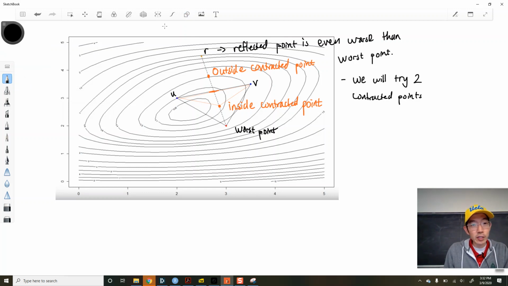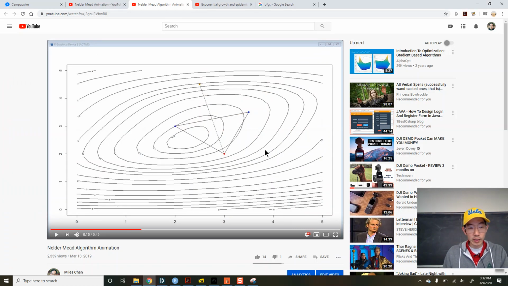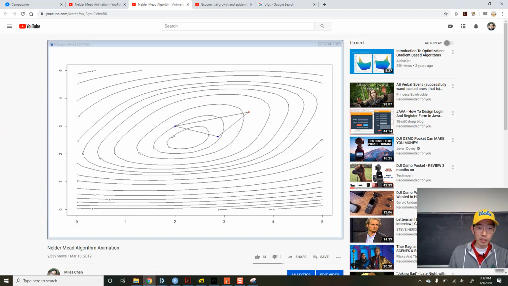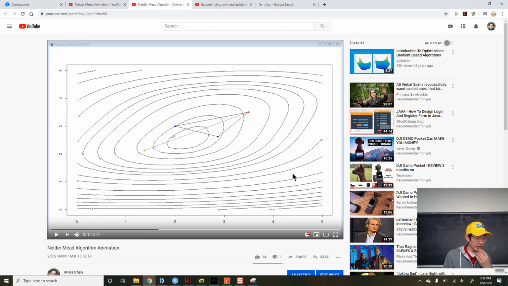So reflecting didn't work. So if the reflecting doesn't work, then we're not going to take it. Okay, so that's what happens. Okay, so we say, okay, reflecting didn't work. We try the two contracted points, and then so this is our thing here. Okay, let's take a look at this. All right, so here's this. I try reflecting it. Okay,